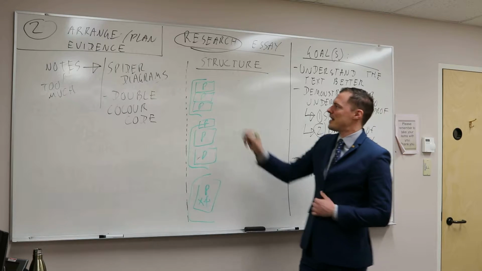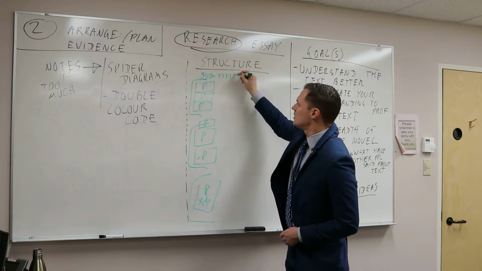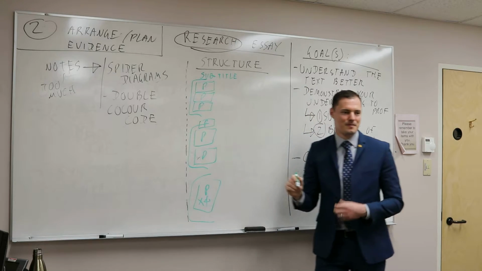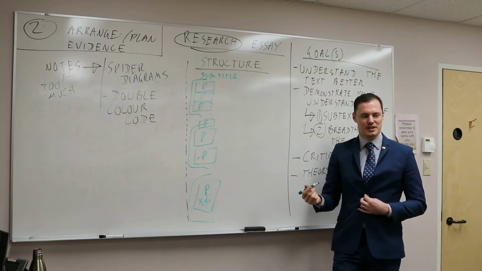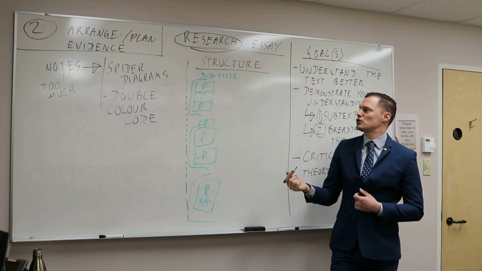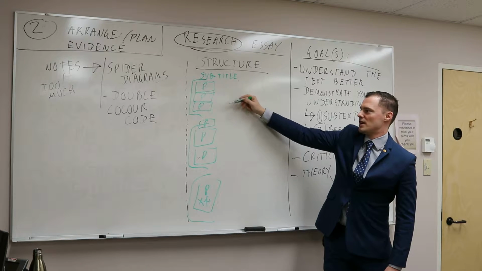So again, you can have a subtitle here, but you don't have to. The sections can be somewhat implicit, but you'll arrange your paragraphs because they have a better relationship with each other